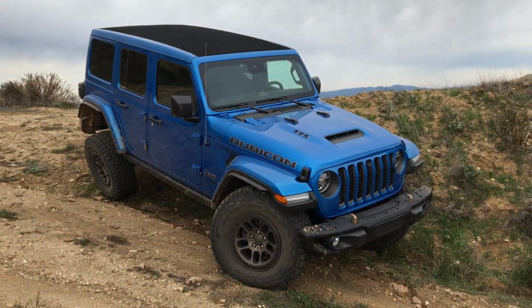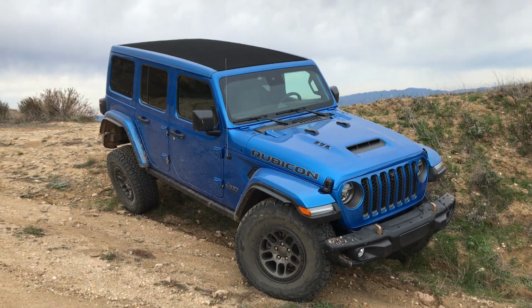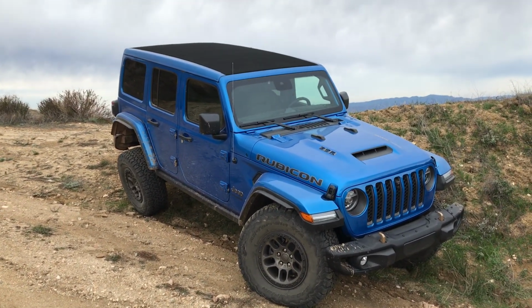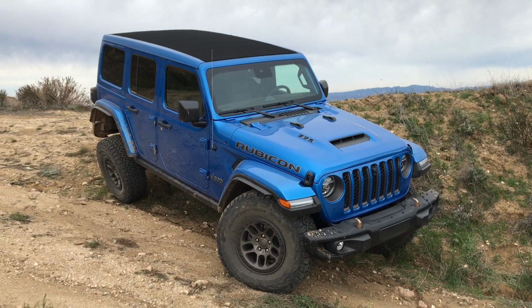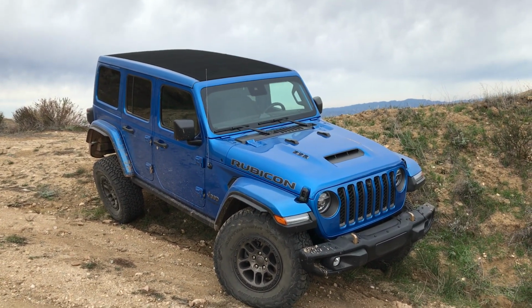So overall, those are a few modifications that I would consider. Of course, there's all kinds of exterior gadgets and gewgaws that you could install to make your Jeep ugly. But I really like the factory body line, so I don't think I would change much on the exterior or even the